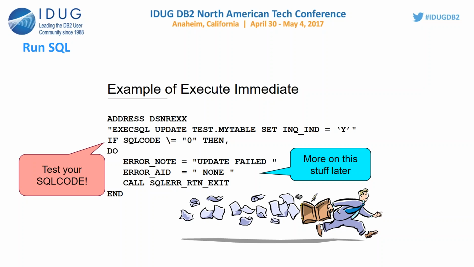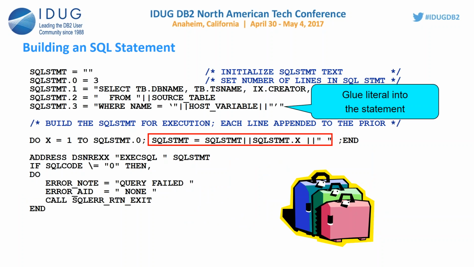So select is quite a bit more complicated than almost anything else that I might do, with the possible exception of calling a stored procedure. Okay, so here I'm trying to do a select, and you'll see one of the ways that I can make use of what in COBOL we might call a host variable. We'll see maybe a better way to do it in just a second. I'm selecting some things from, well, I'm actually parameterizing the name of the table here. You see the double pipe there is a concatenation, so that's concatenating two